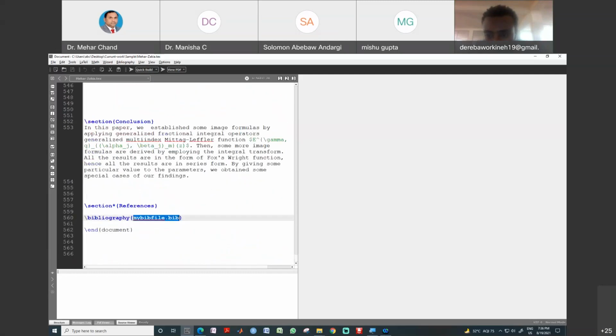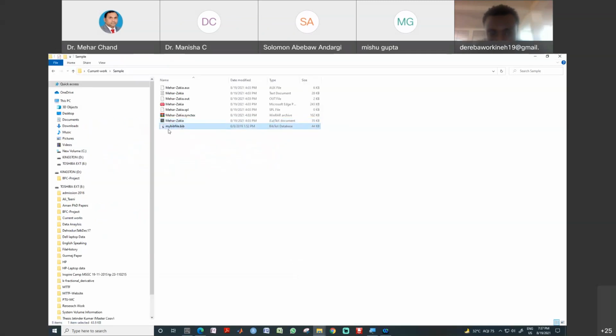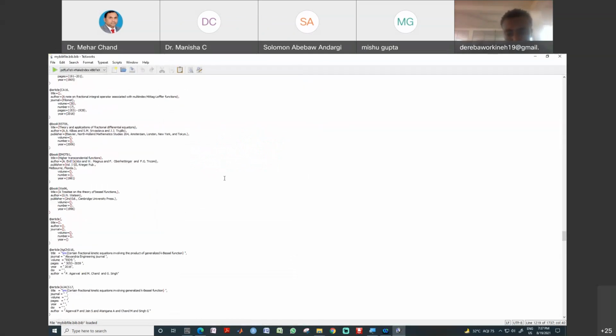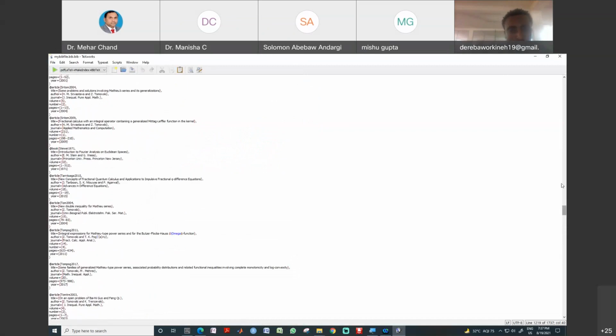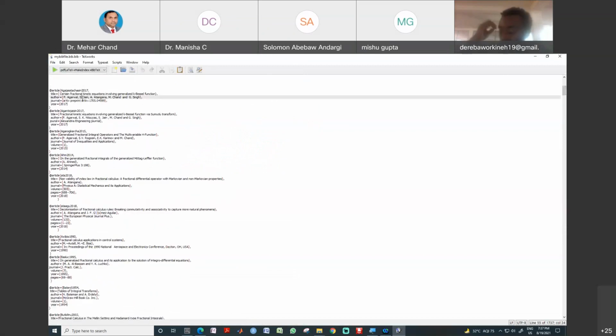See how we can use it. This is the source file only for the references. All the references are available in this file. Okay, Control Z. See, this is my bibliography file, and when you open it, double click this one. You can see here the font size is very small. I increase the size, and okay, now it is visible to all of you.